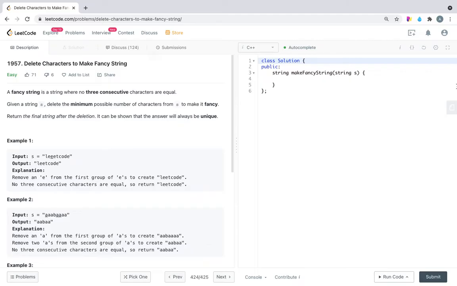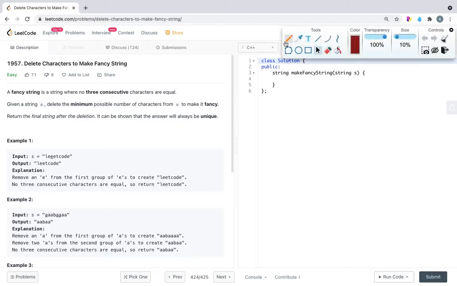So let's understand this part better with the given examples. With example number 1, we have the input string leetcode, which has triple E. In this case we will remove one E, and we will return the remaining string. Now in the remaining string there are no three consecutive characters that are equal.